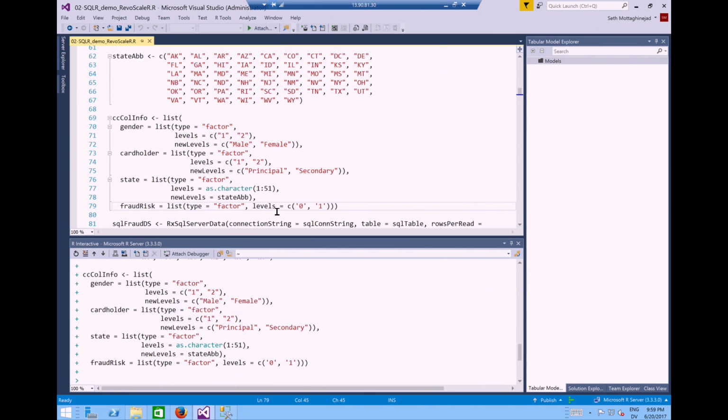So in this case, we're telling it, yes, we have a column that is called gender in SQL, but I don't want its type to be an integer, I want it to be a factor. In the data in SQL, when you go and look at it, you're going to see ones and twos. But when you present the data to me in R, I want to see male and female.